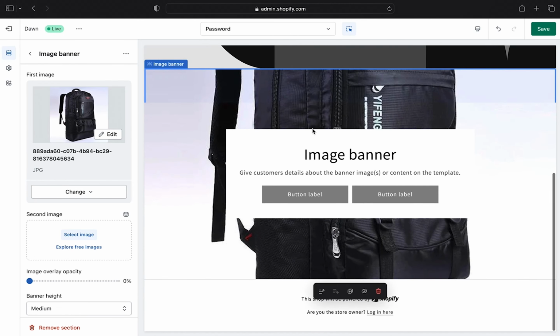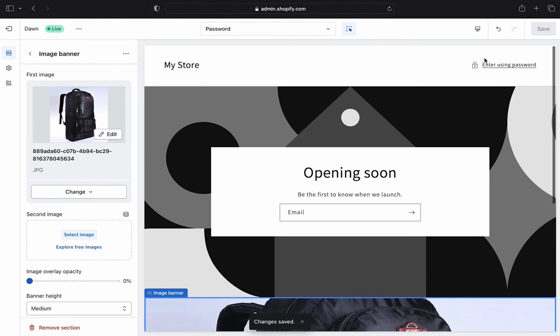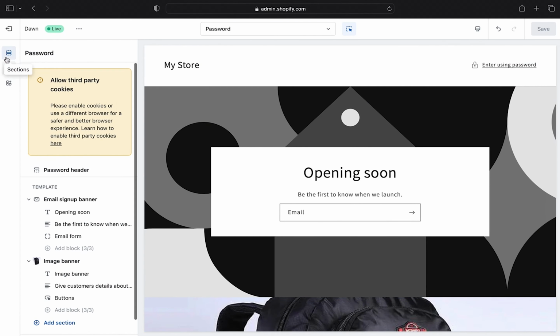As you can see, our picture has been set as the banner. You can also edit your image from here. This is how you can add an image